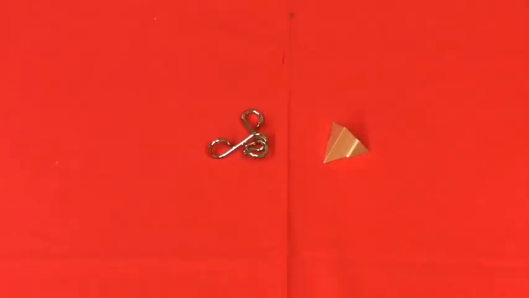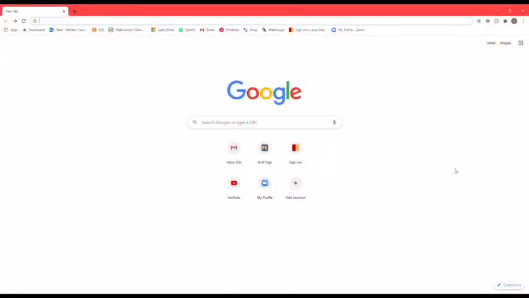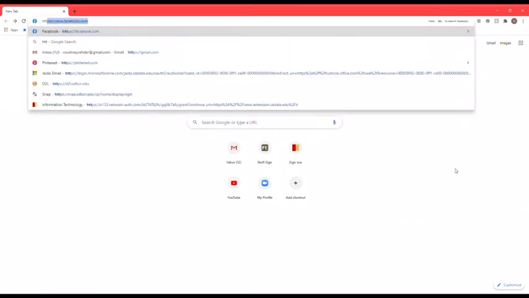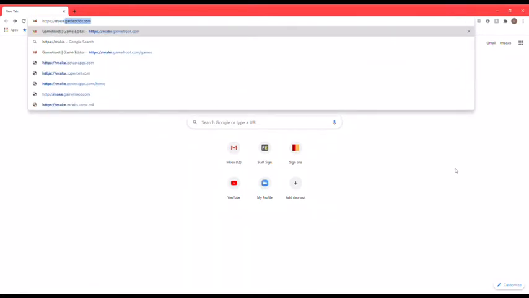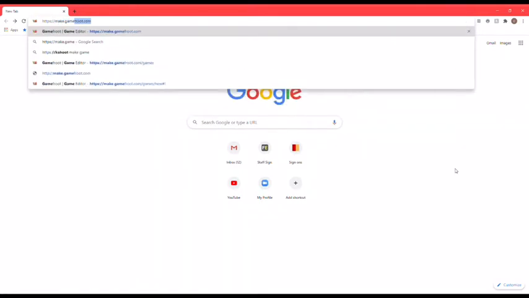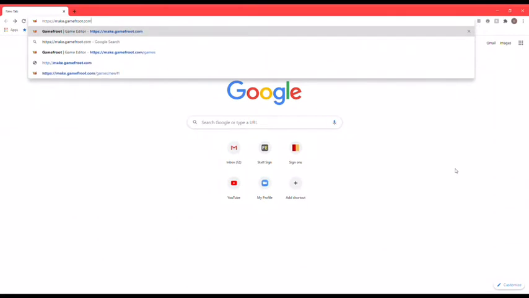Get your brain ready to problem solve by completing your brain buster included in your crate. Once you have completed your brain teaser and you're ready to problem solve through making this computer game, we can go to https://make.gamefruit.com/